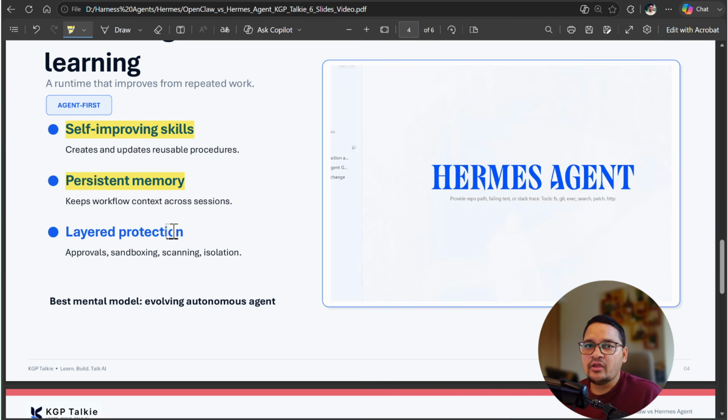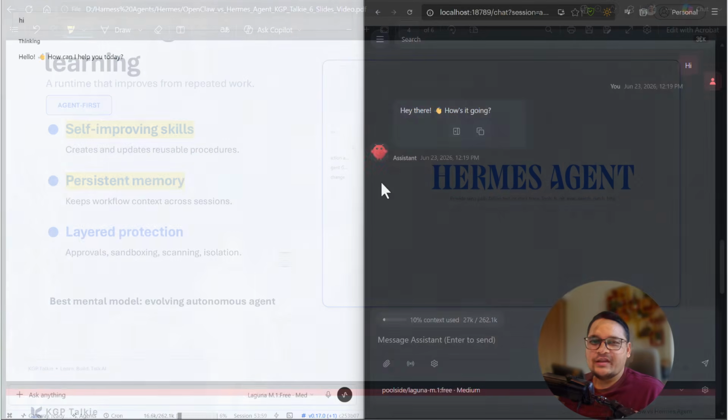OpenClaw as well. So what we'll do here in this lesson, we will compare our Hermes agent execution and the OpenClaw execution side by side. We will give a couple of prompts to the OpenClaw and also give those prompts to the Hermes agent as well. Thereafter, we will see the quality of the output given by these two agents. All right, now